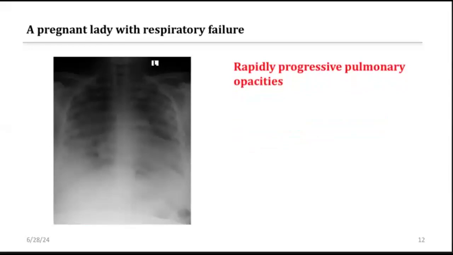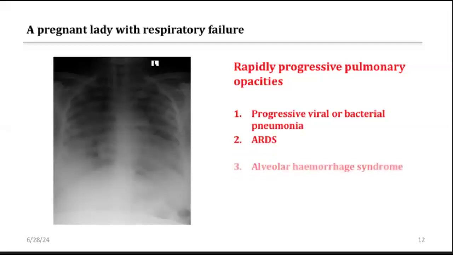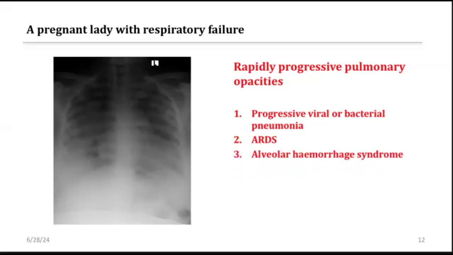What differential diagnoses should we think of at this stage? You can see extensive changes. So we thought of these possibilities: progressive viral or bacterial pneumonia despite our treatment, because there are other viruses, not only influenza, and influenza might also be resistant to oseltamivir, and other bacterial organisms which we are not treating with meropenem and clarithromycin. And also, the patient may now be developing acute respiratory distress syndrome,